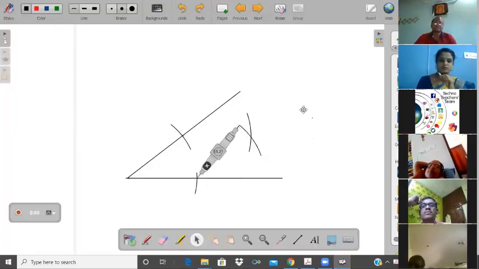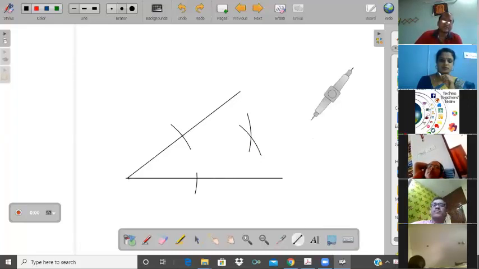Now I connect these two points. Sorry. Connecting them exactly, we will get the exact result, but it takes time because my hand is shivering. Let us see what happened.